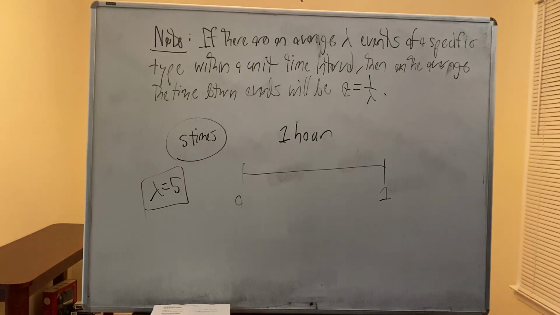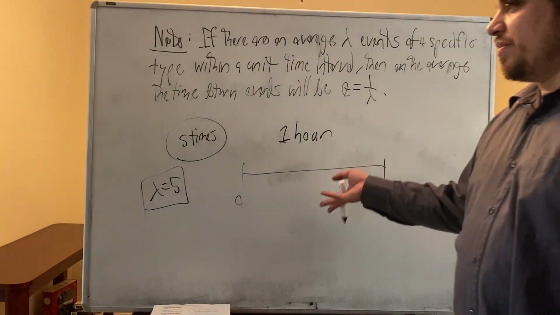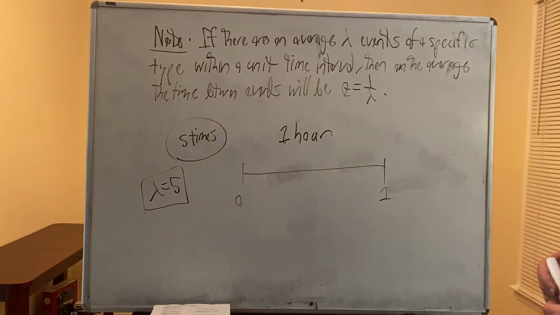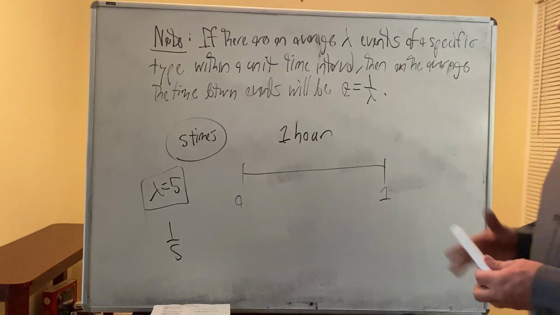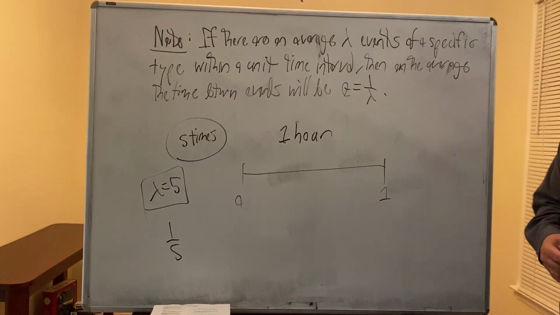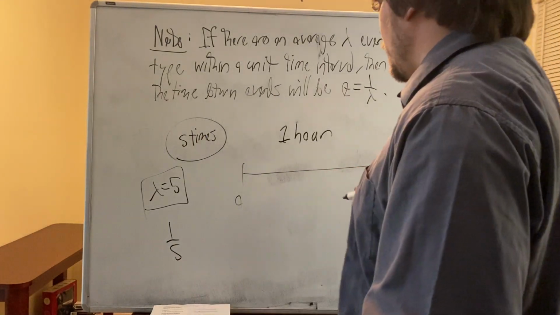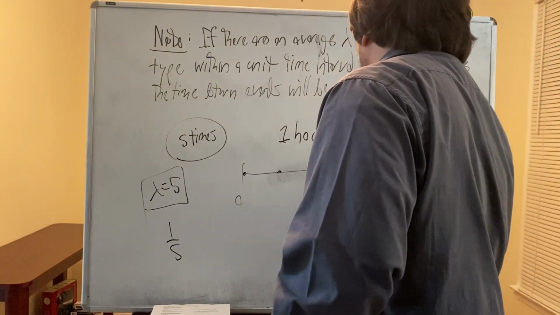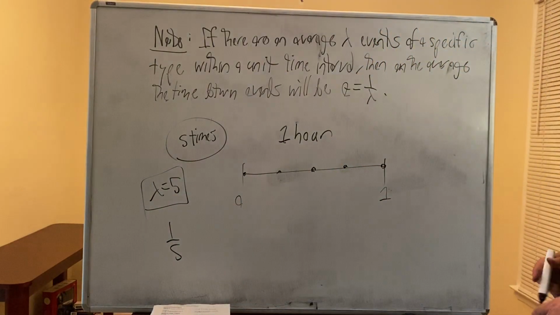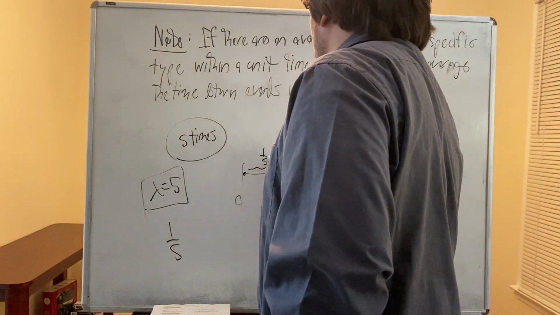Then on average, the time between events is theta equals 1 over lambda. So if this event happens 5 times in an hour, then on average 1/5 of an hour is the length of time between when the events happen, right? If it happened 5 times in this hour, on average you might think they would be spread out, and the average would put them equally spaced in that hour. And so you would separate it into fifths.